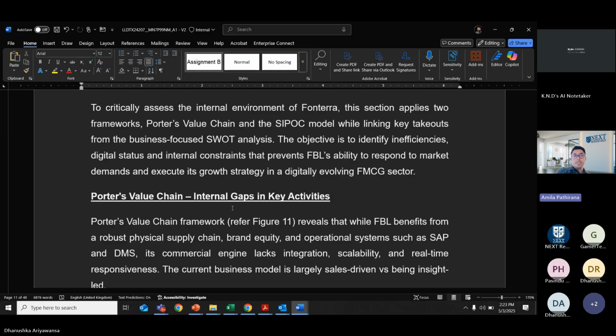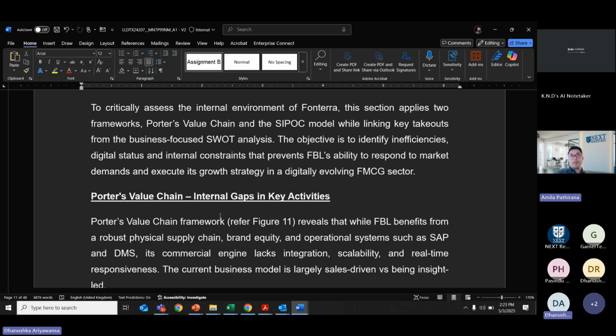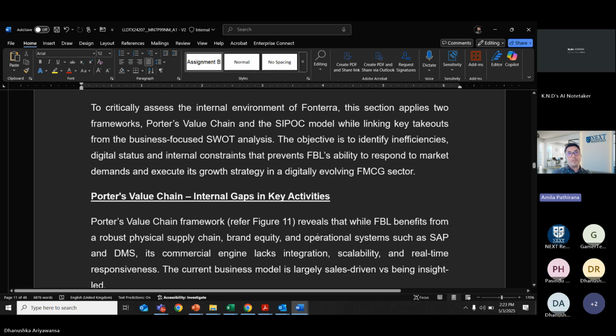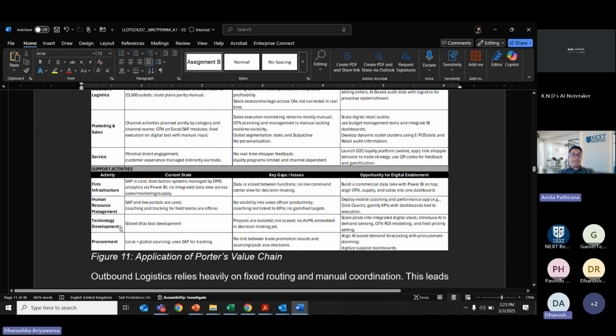Bottom line is, when you finish this work-based project, finally, you should be able to present it to Fonterra and tell them, listen, this is what I've figured out so far. Here's a report. What do you think? And then can you implement some of these things, right? That's how it should be. Clear. They might not like it, but